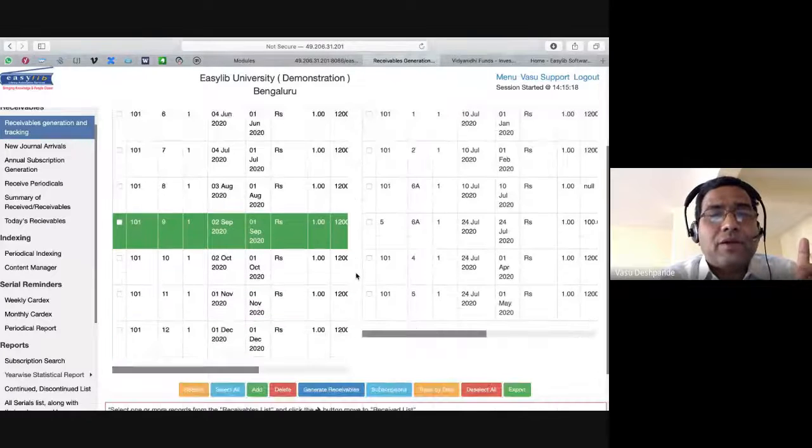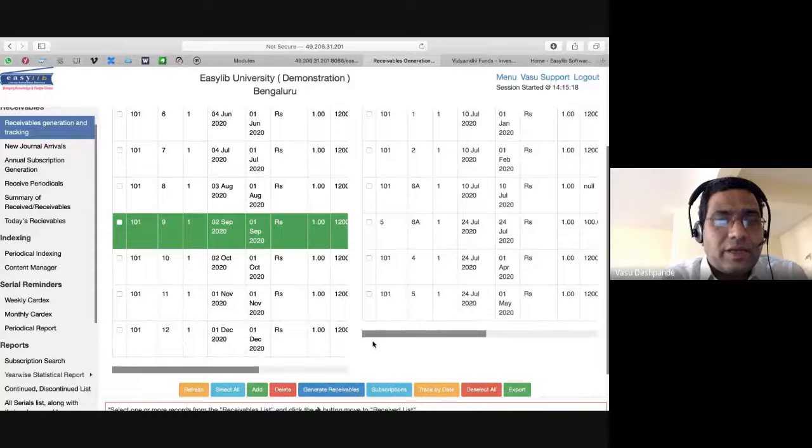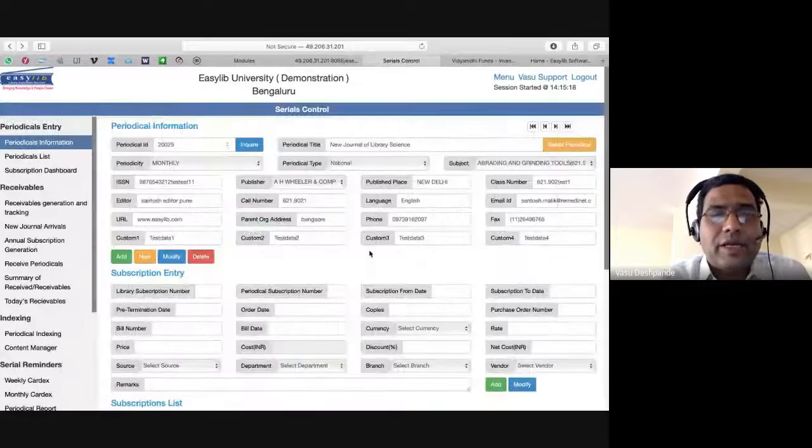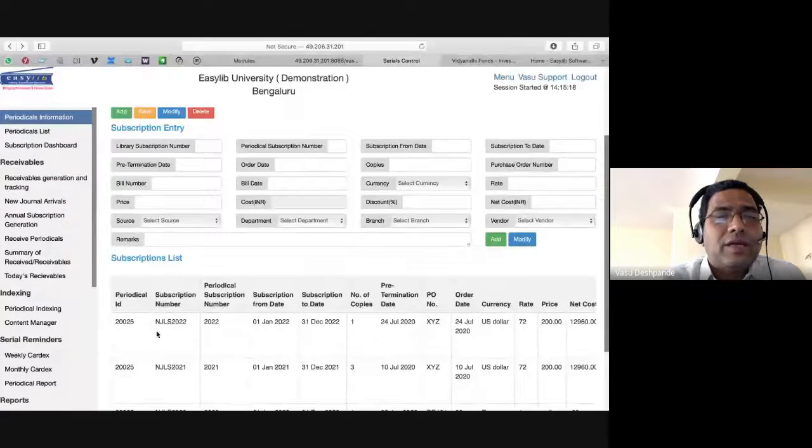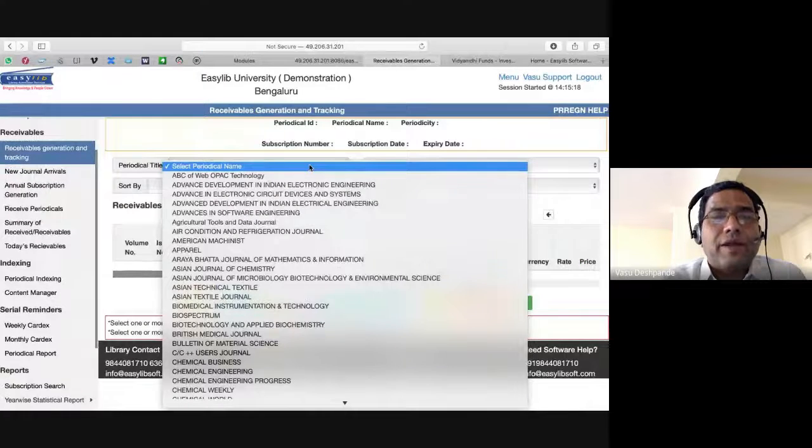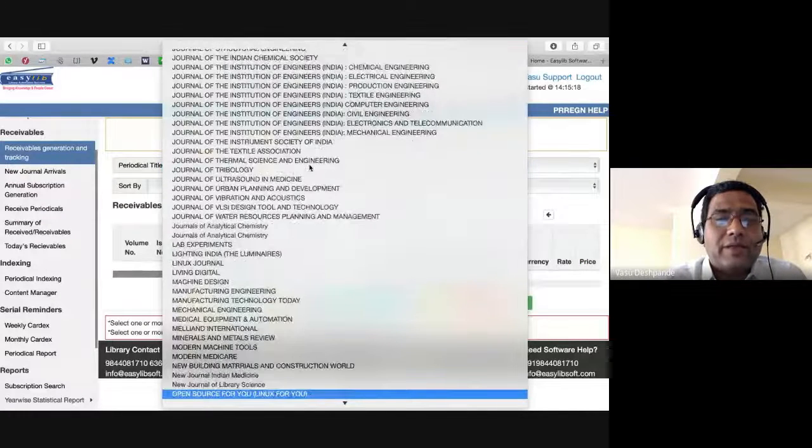In a good software like Easylib, what we have made is we have made it as easy as possible. Any good software should make the user's life easier. So that's why we want to make sure that you have that facility. So I was in 2025, right? We only added the subscription. We don't know what the volumes and issues are in that. Correct. So when I go to that new Journal of Library Science,